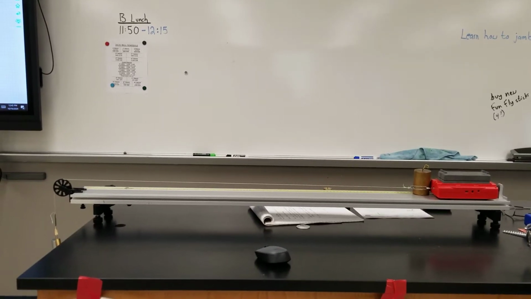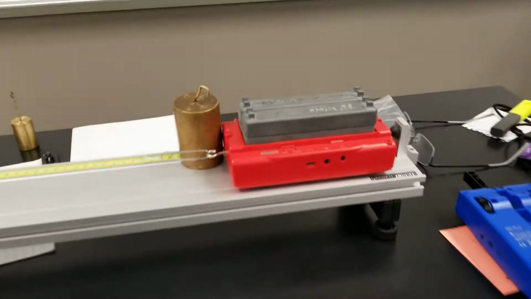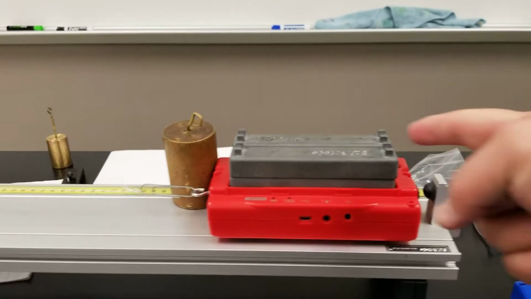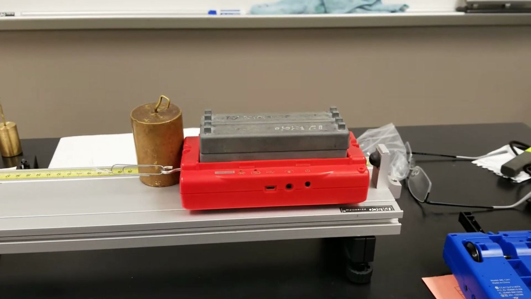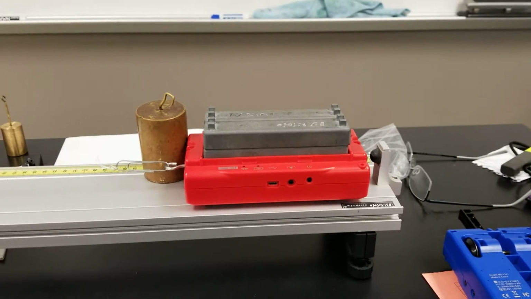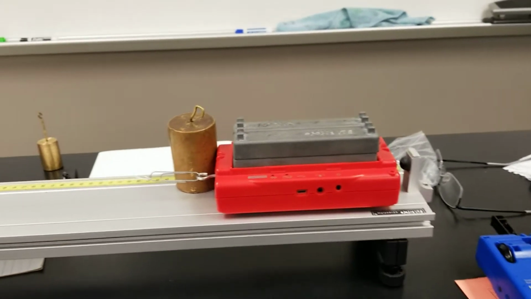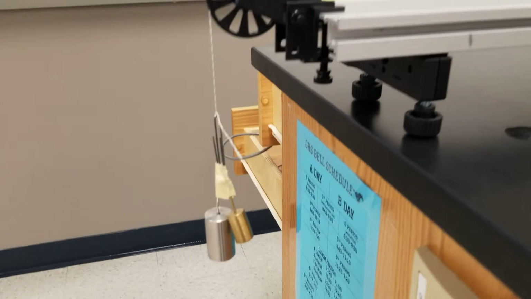So what we're going to look at here is a horizontal Atwood machine. I've got a frictionless, low friction cart with some mass bars stacked on top of it, 4 to be exact. So multiply 5 total objects, each with a mass of 250 grams, and you get a total mass of 1.25 kilograms. And then that string goes over this low friction pulley,